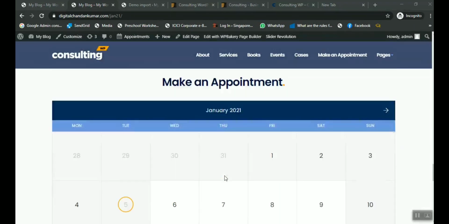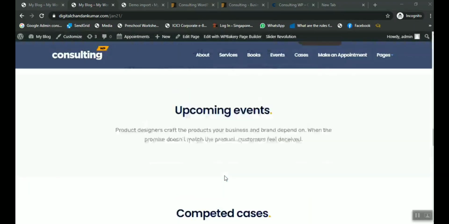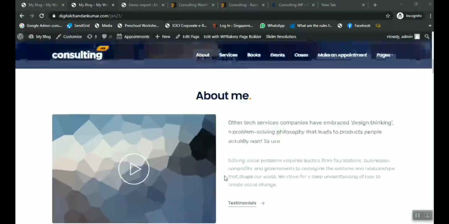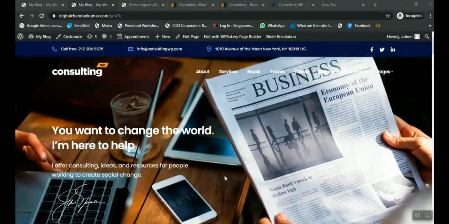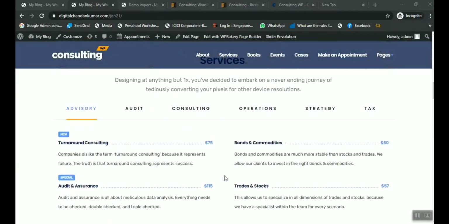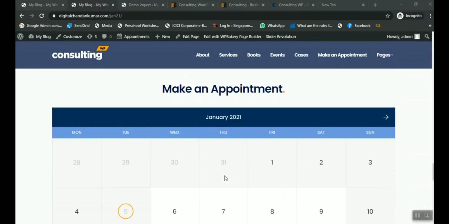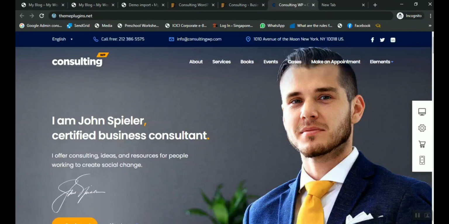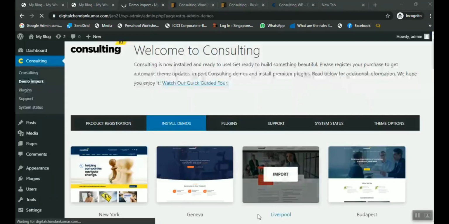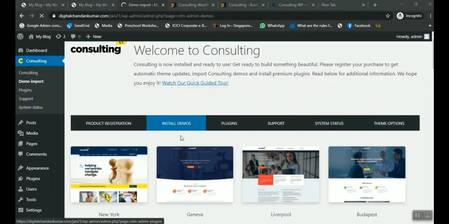Now we simply need to update our own logo and our own content. We have to simply replace it with our own content. Once we replace the content, it will clearly be your site, and you can make it very easily. It's very simple. Now we will proceed further with how we can do this. We can simply browse all the menus given under the consulting theme. It will help us a lot. If we have missed anything, we can simply see here if anything is missed or not.